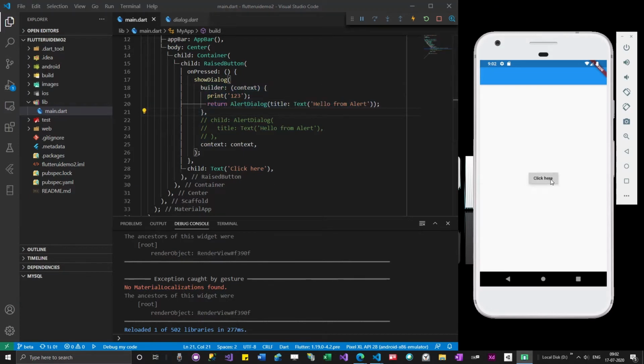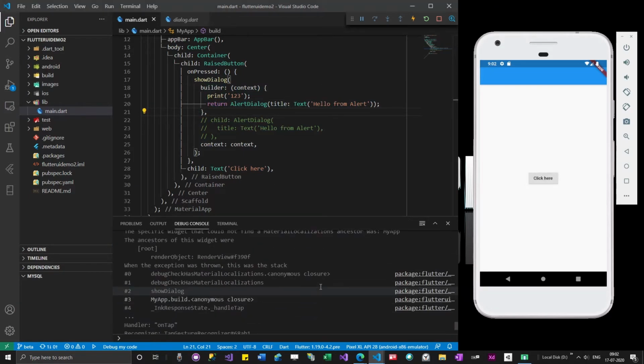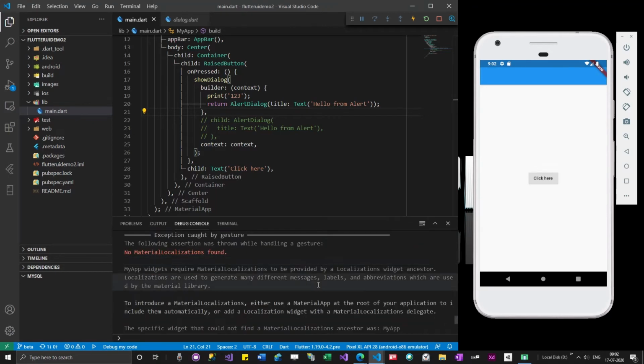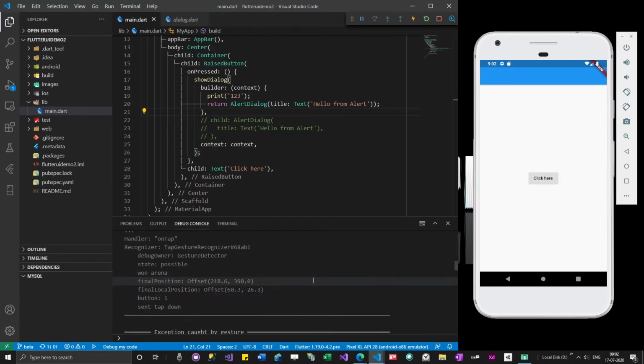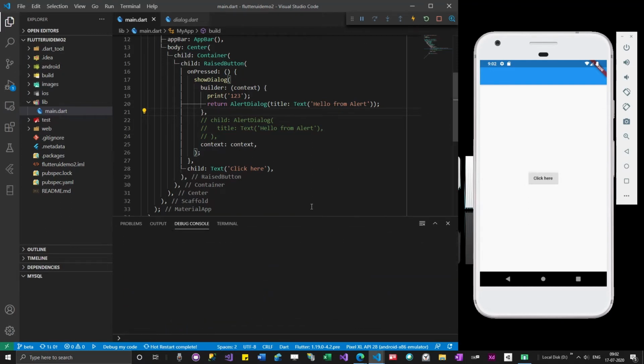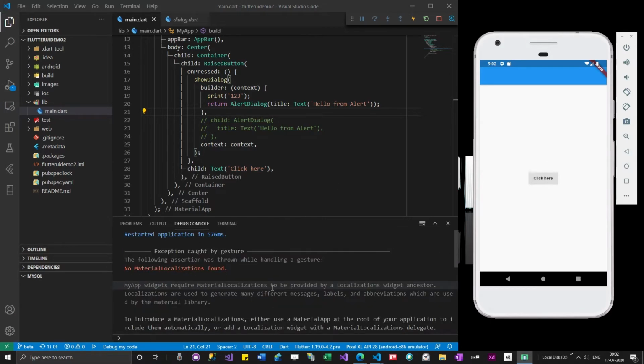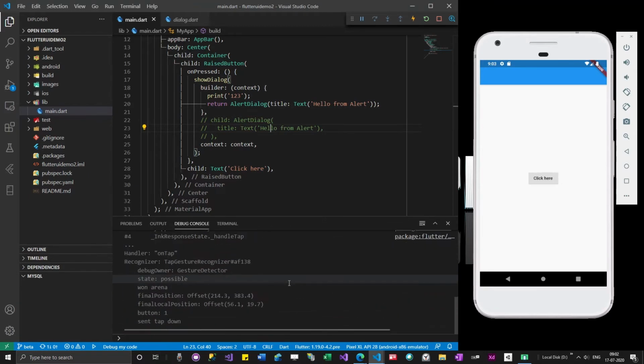When I click this button, some error appeared. Let me clear everything. It throws some error.